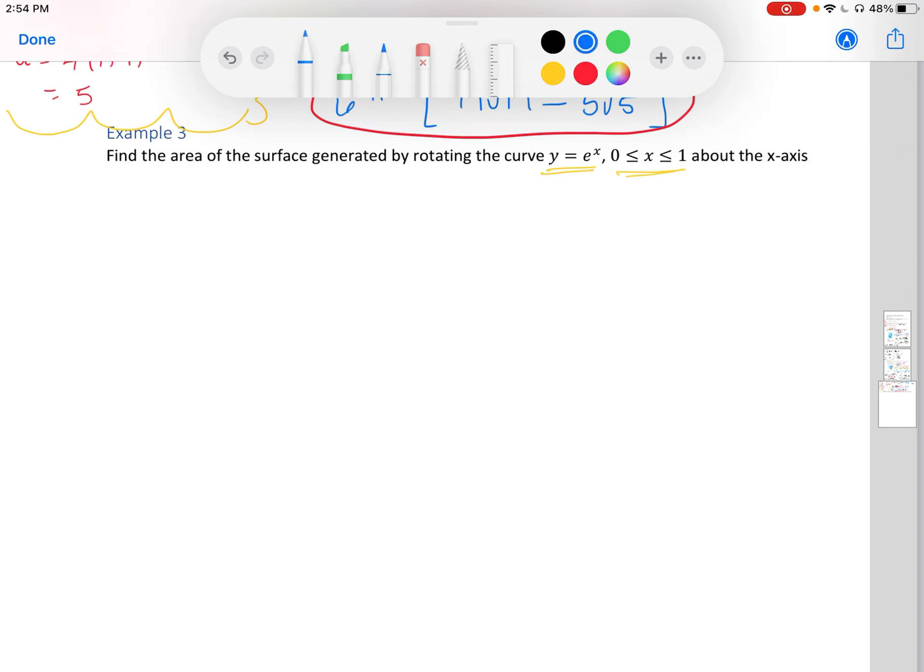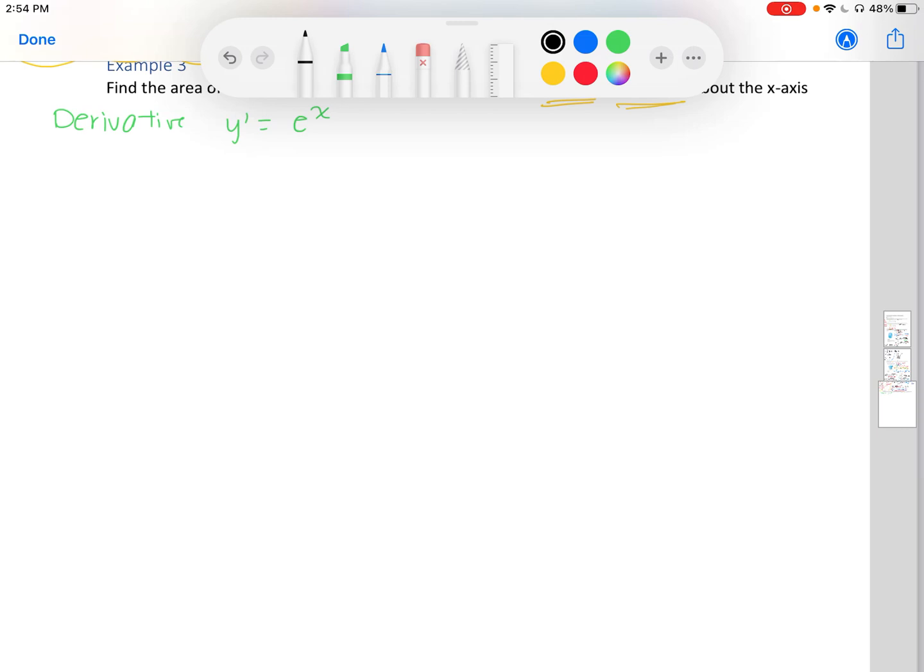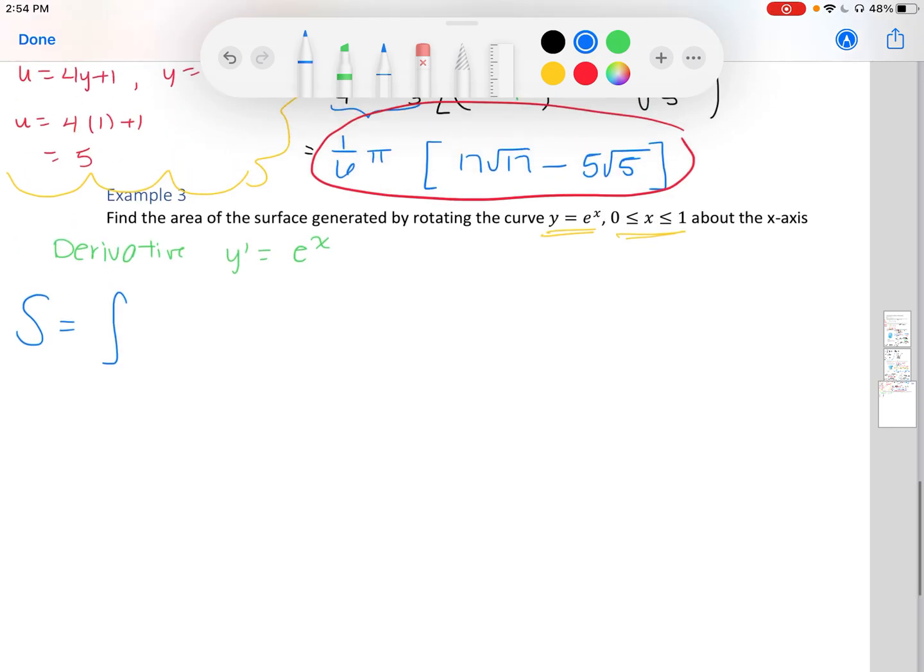So if y equals e to the x, therefore our derivative y prime equals e to the x, right? e to the x is its own derivative. So let's plug this in. Our formula for surface area is the integral, with bounds from 0 to 1, of 2 pi times our function, which is just e to the x, times the square root of 1 plus our function's derivative squared, which in this case is e to the x squared,